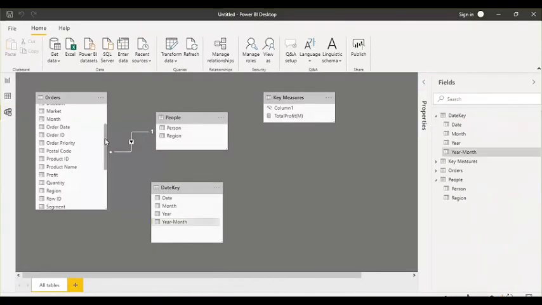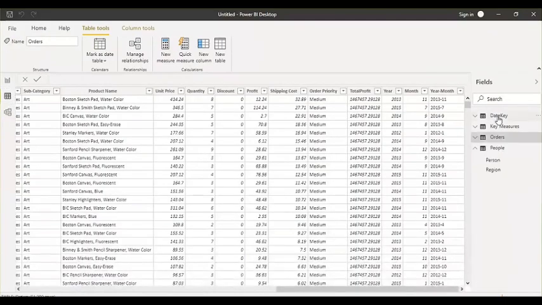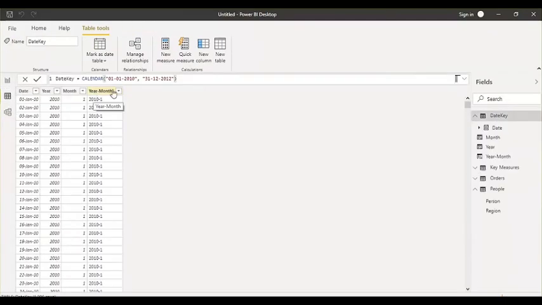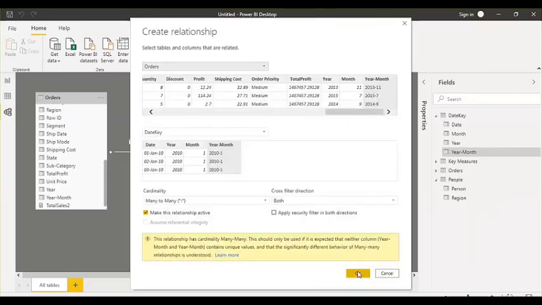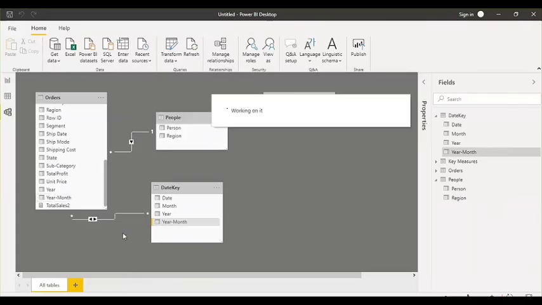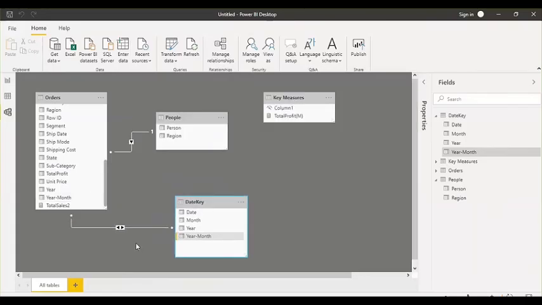Here I also have year and month, the same data I have here, and in this column also I have the same. But if you notice, in this date key table, inside this year and month, for one value, like for 2010 January, I have multiple records here. So when I try to create the relationship, it will be a many-to-many relationship, because in any table we will not have a unique value in this column. When I try to create it, it is asking me to create a many-to-many. Click OK, yes. Now you see a many-to-many relationship has been created between them.